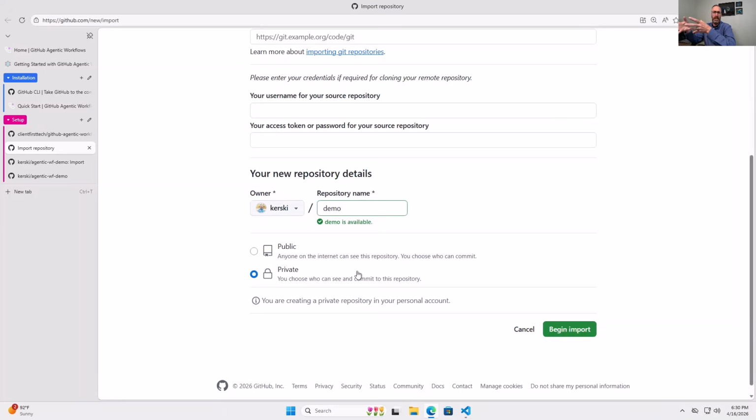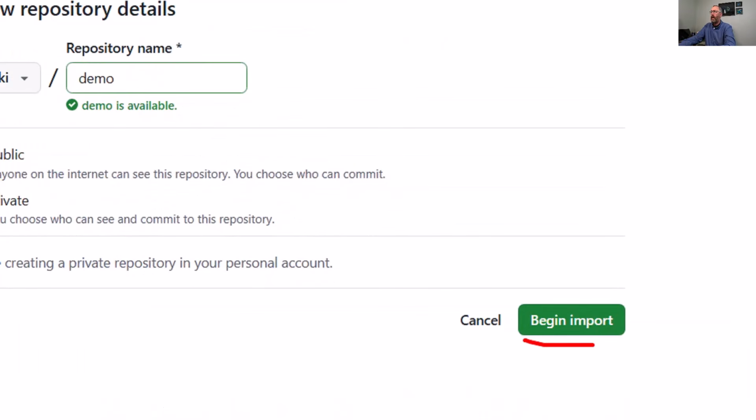The reason I would say you put this private is, let's say at the end of this you want to commit your own semantic models to this template that you created in your repository. You don't want to make that public. So next thing you're going to do is hit the Begin Import button, and that starts off